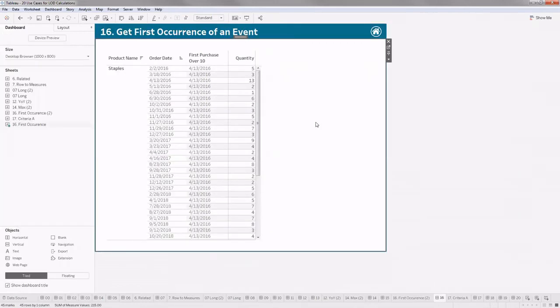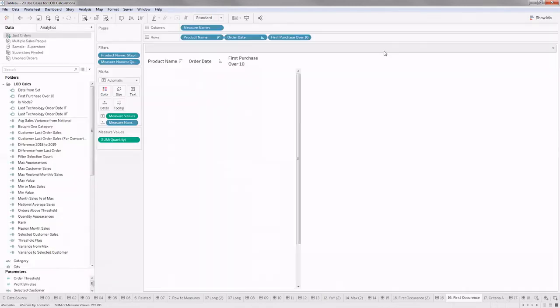So it's something like this. This is the 13. If my order has to be greater than 10, this is the only one where I can see the date where my order quantity exceeded 10 for the first time. So that would be my answer. Let me see how we can get there.